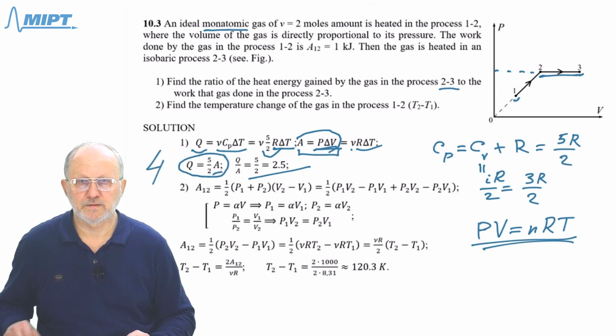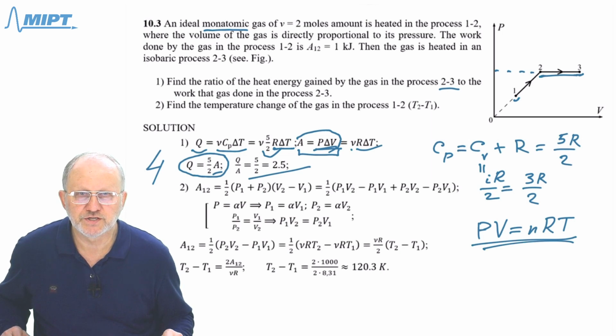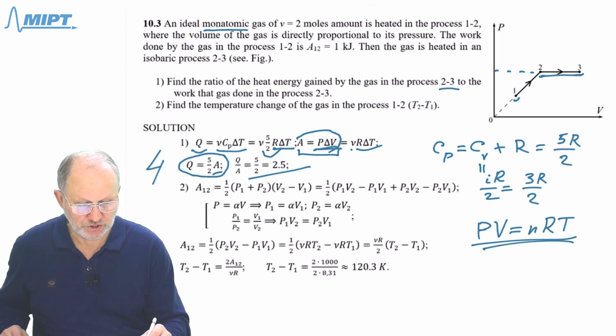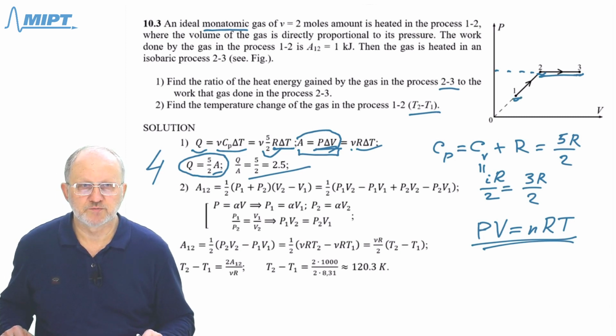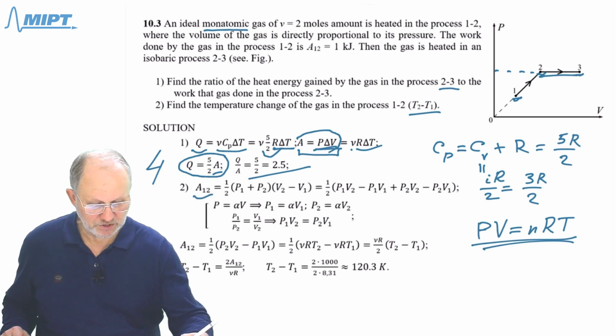The second question in this problem is, find the temperature change of the gas in the process 1, 2. And the temperature change is temperature in point 2 minus temperature in point 1. In order to solve this problem, we have to find the work in the process 1, 2, and the work done by the gas in such a process will be the area under this curve,